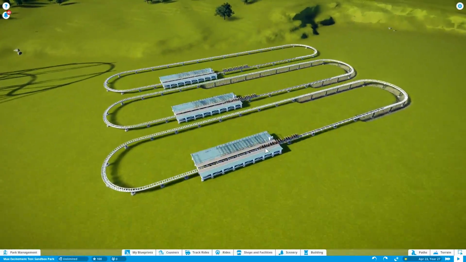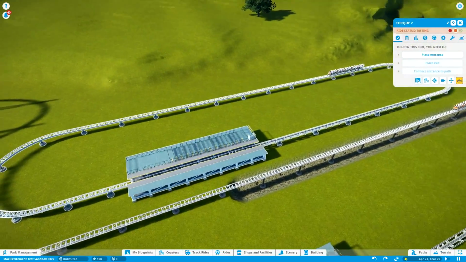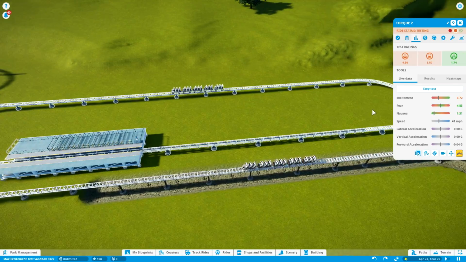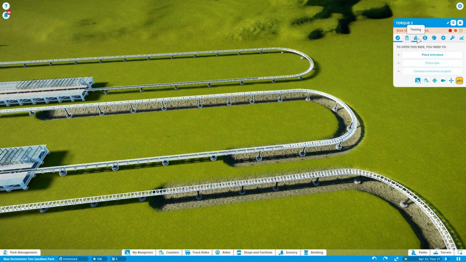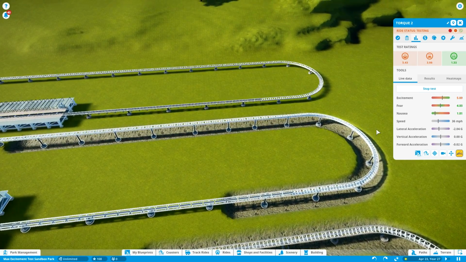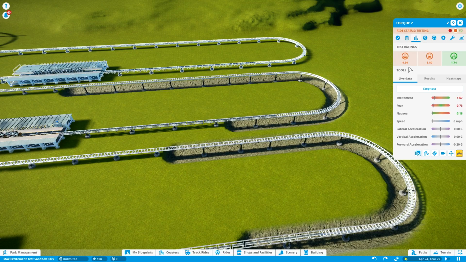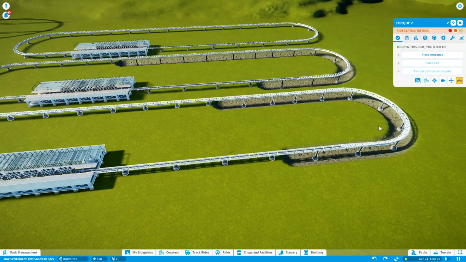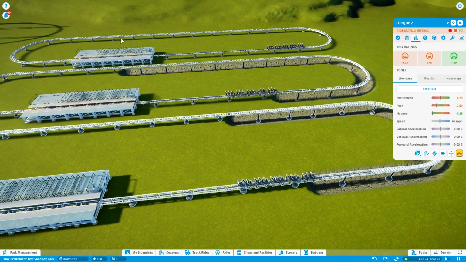Let's just take a look at banking in general with this roller coaster right here. What I have here, again, this is the static test, just a normal flat corner as compared to a reversed banked corner, in this case the best possible result I was able to get, which is a 5.43, which is obviously quite a bit more than a 4.5. However, sloping inward here is slightly better. Look at this, 4.52, only a difference of 0.02,